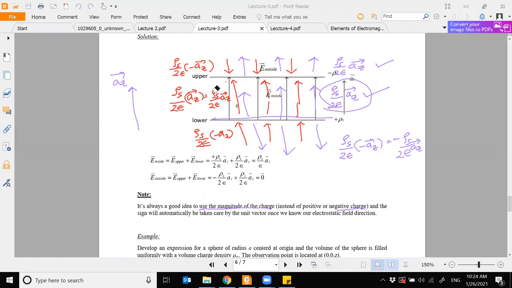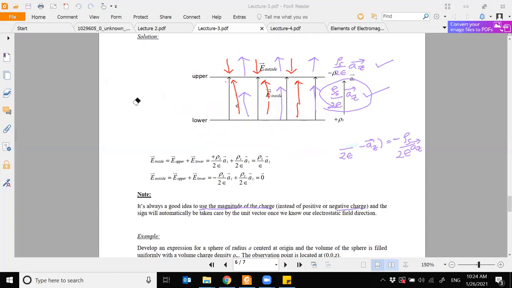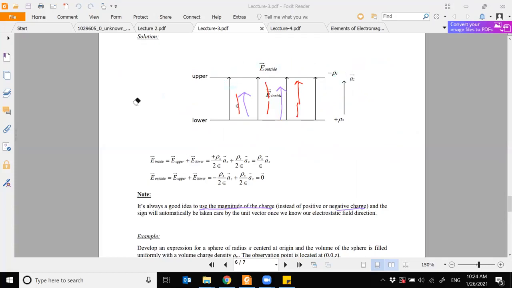Okay. Doctor, is it valid for the whole course or only for this type of questions? As far as I know, it should work for any negative charge, but I will confirm this with you. But what I can say is, for this sheet of charges, this is always valid. And I will check. I'm quite certain that this should be applicable for any negative charge throughout the course, because